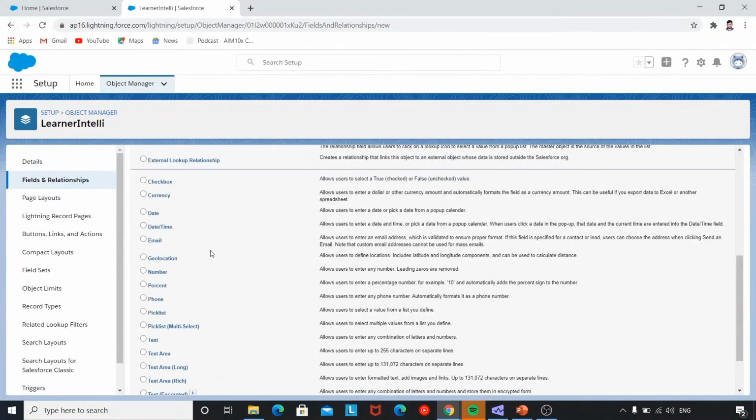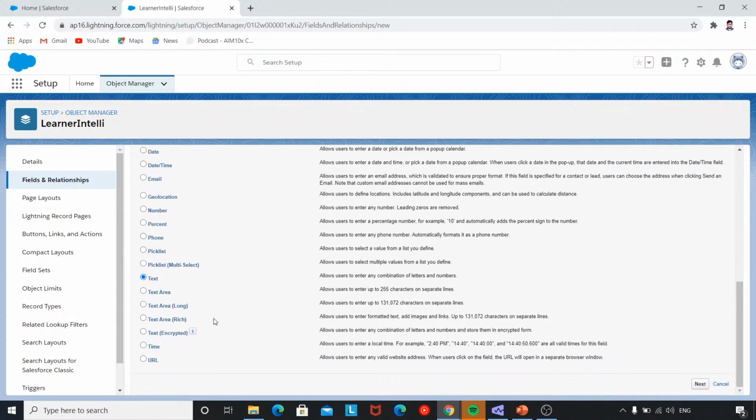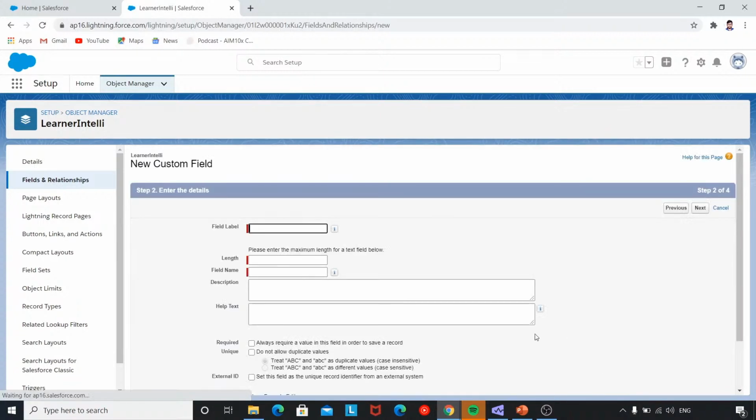It can be a date, number, currency, percentage, phone number, pick list. Pick list is basically when you want to give them options to choose from. You can have that, and you can have multi-select as well. You can have a text area. You can have different things based on that. So I'm going to be selecting a text that people can put in. I'm going to be going next, and the field name is course